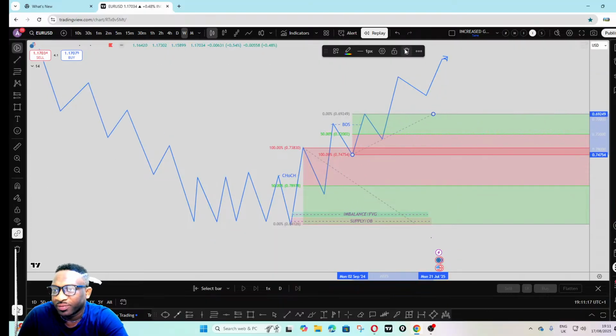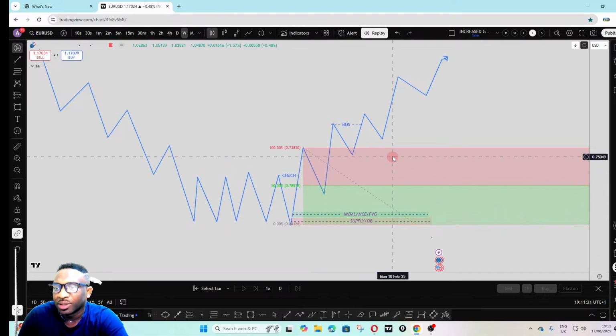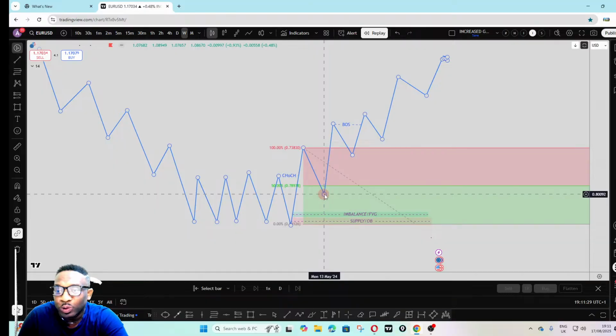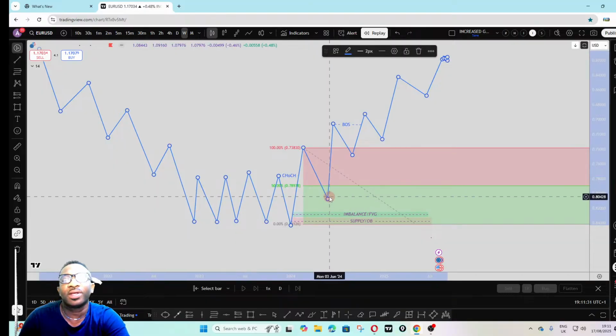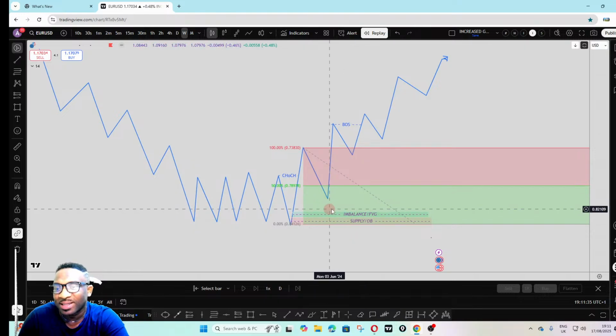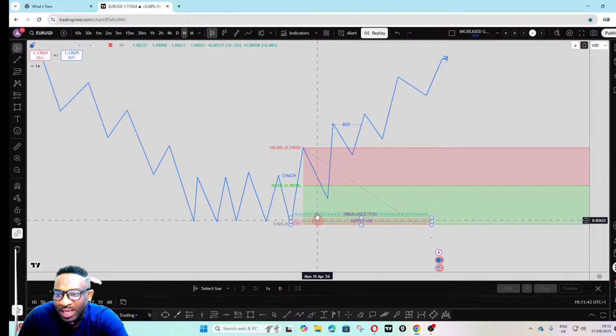Let me take this off so that it's not confused. So we want to buy from the discount area to the upside. We're not interested in taking our buys from the premium zone because we always want to have a discount on the things that we want to buy. So we prefer for price to move all the way to the discount area, and that is the area we'll also mark as our